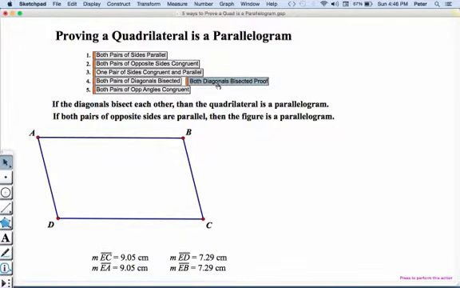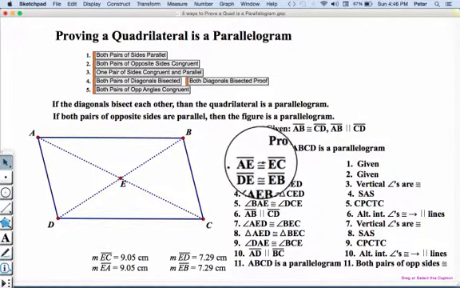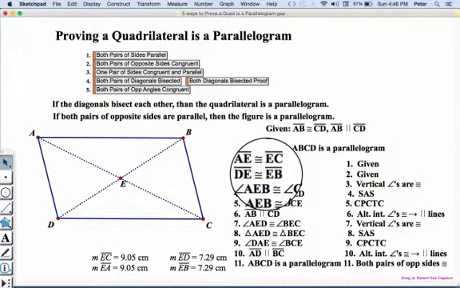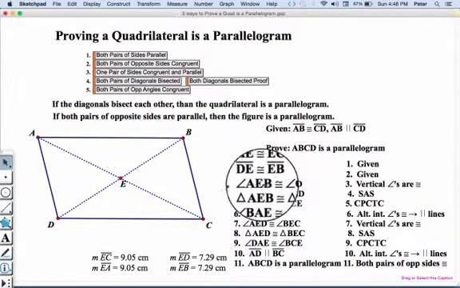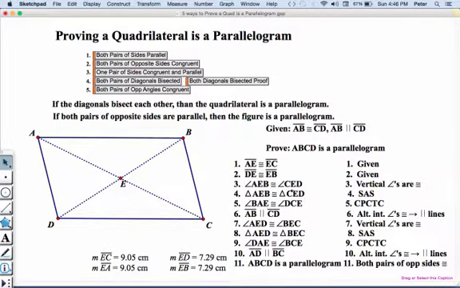So let's draw the diagonals in. And from the givens, we know that those two parts of the diagonal are congruent to each other. So using vertical angles, we can show that triangle AEB is congruent to triangle CED. So this triangle at the top is congruent to the triangle at the bottom. This means that through CPCTC, since angle BAE is going to be congruent to angle DCE, we know that AB